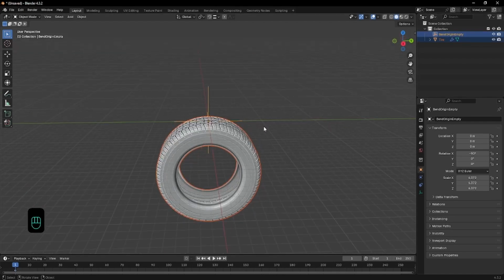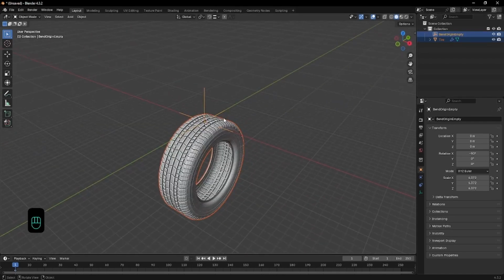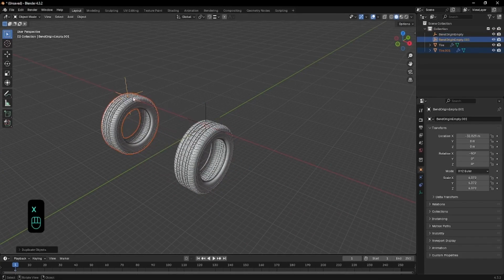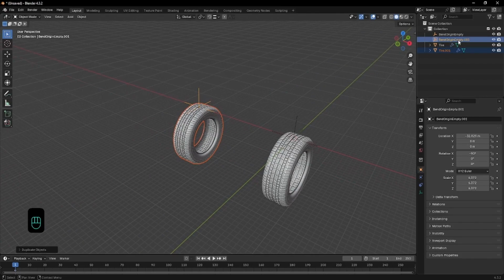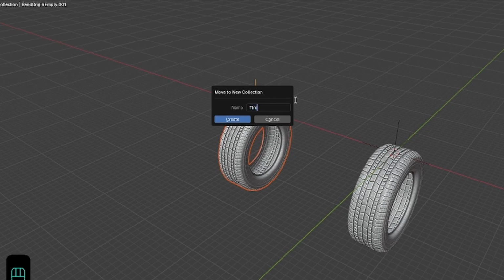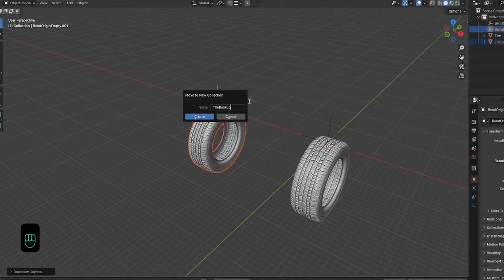And I will just make a backup. I will just press Shift D and move it along the X-axis like this. And with these two selected, they are copies here. You can see 001, tire 001. I will press the letter M and I will click here, new collection, and I will name it tire backup,